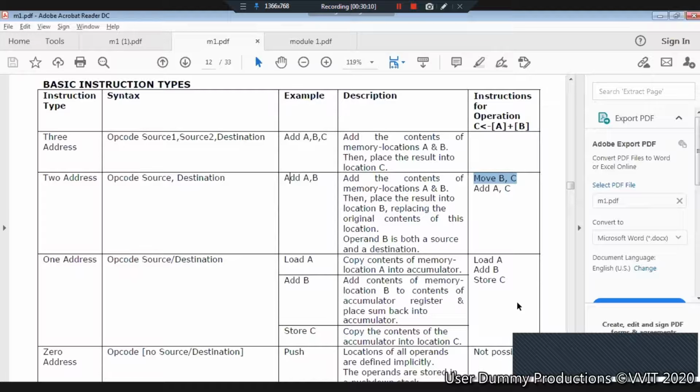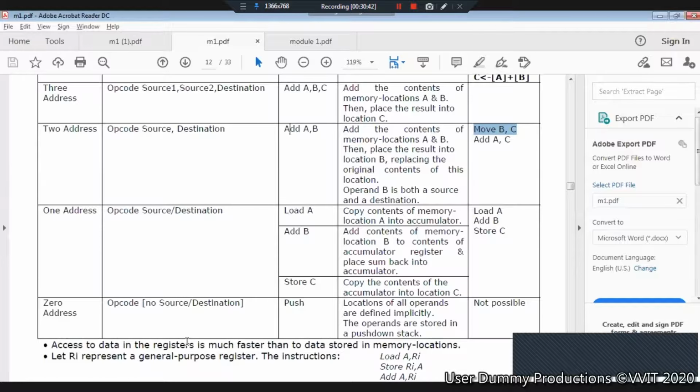Then add B: the contents of the accumulator and memory location B will be added, and stored into the accumulator itself. Then store C: the content of the accumulator is stored in C. See, the same instruction requires 3 lines in 1 address instruction.